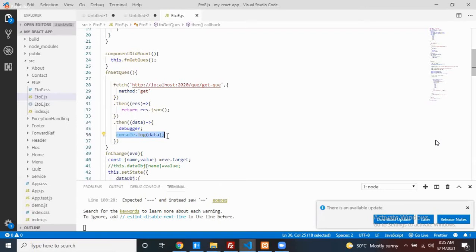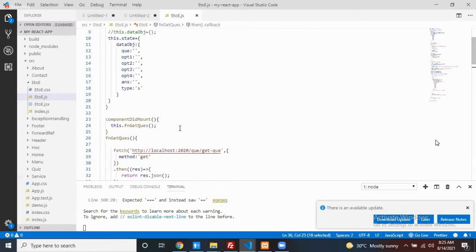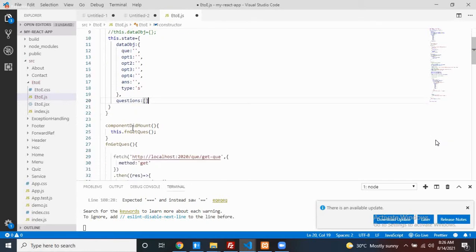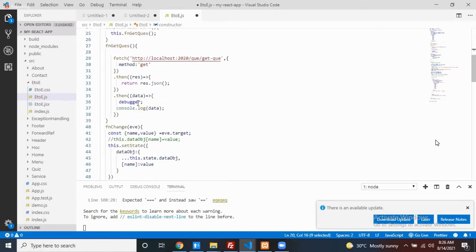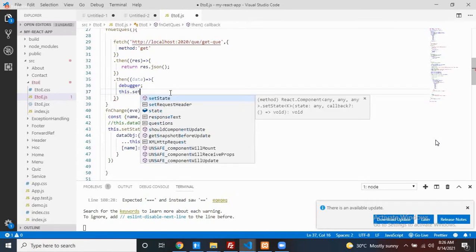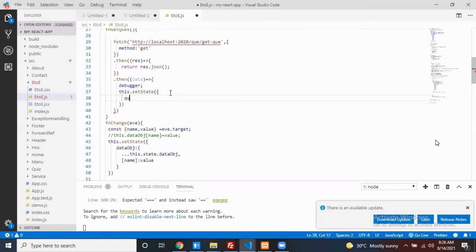Okay, now there are 5 questions. If I add one more question, then 6 questions have to show within the table. My data keeps on changing or not? Then you have to go with a state variable. So can we go with a state variable like questions? My questions is empty. Once you get these questions, can we update them? So how? this.setState, my questions equals